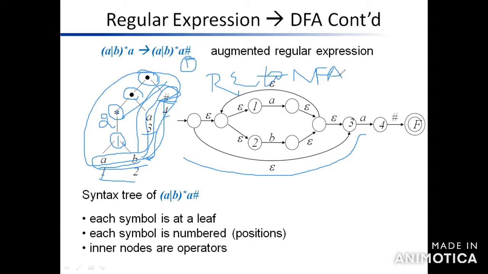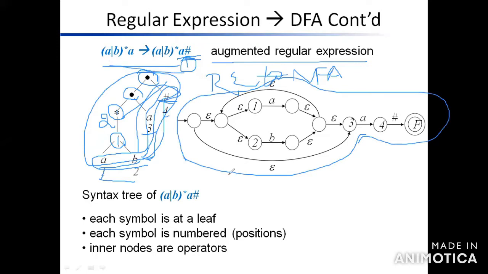For the given regular expression, you first add the augmented hash symbol, the concatenating symbol. You have to add the hash symbol to make the augmented regular expression. Second thing, you have to create the syntax tree for the given expression. In that syntax tree, you have to consider two things. One thing is the leaves are alphabet and symbols; the nodes are operators. Third thing, you have to give numbers to the whole syntax tree. Then after that, you have to draw the RE to NFA diagrams based on the given input: (a|b)* a hash.